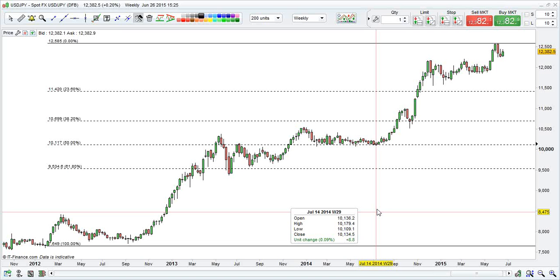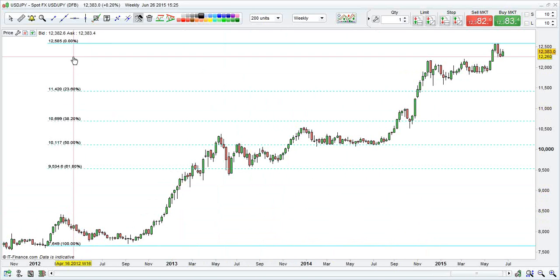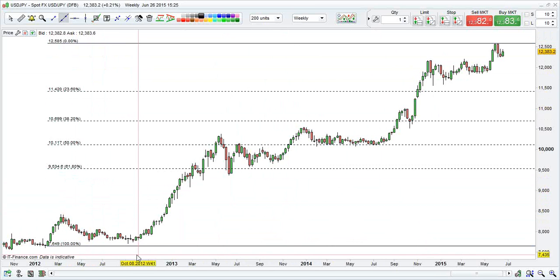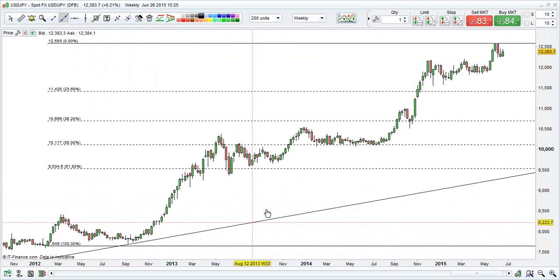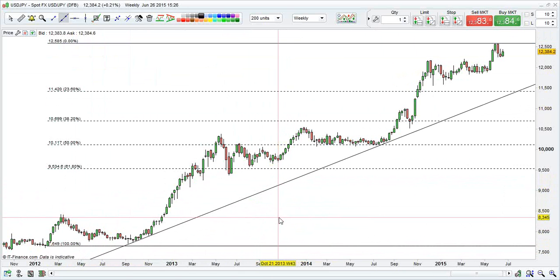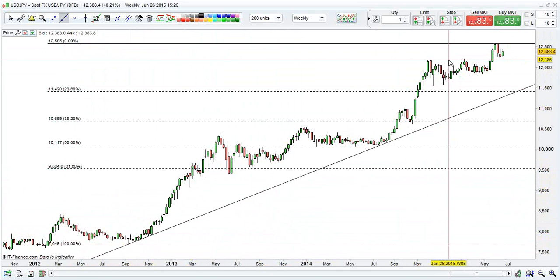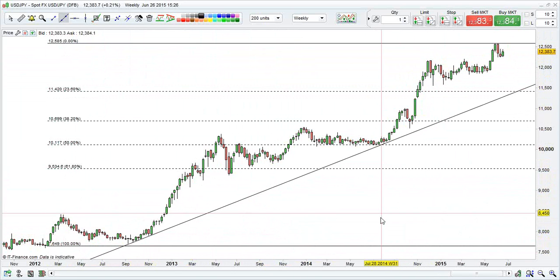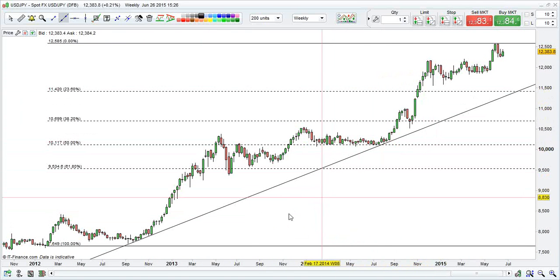So again, the first thing to see is to use them in a trending market. As before, we can plot our simple trend line from our previous module. So plot your trend line, and you can see there obviously that the market is in an obvious uptrend. We have our rule with our couple of touches, and we have our Fibonacci numbers here. So we're using Fibonacci for support and resistance zones, and you can see just from plotting that simple tool onto your chart, we can already see support